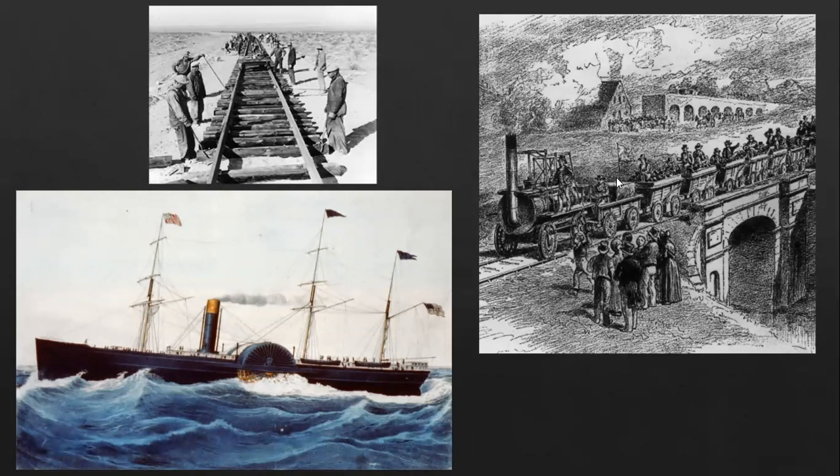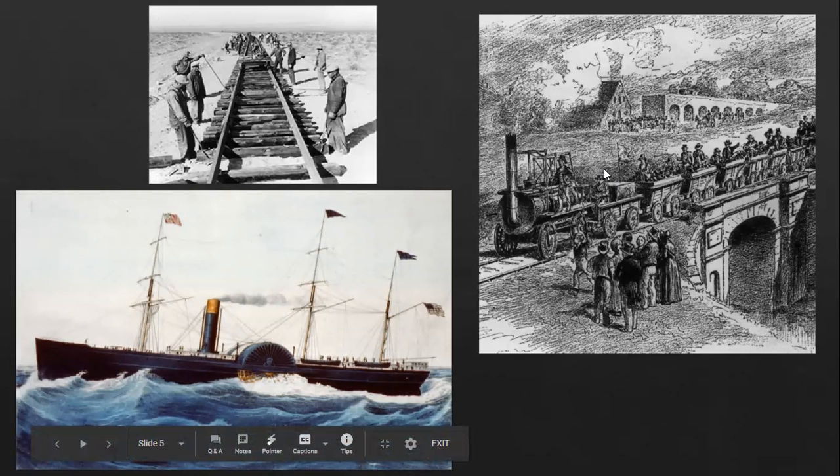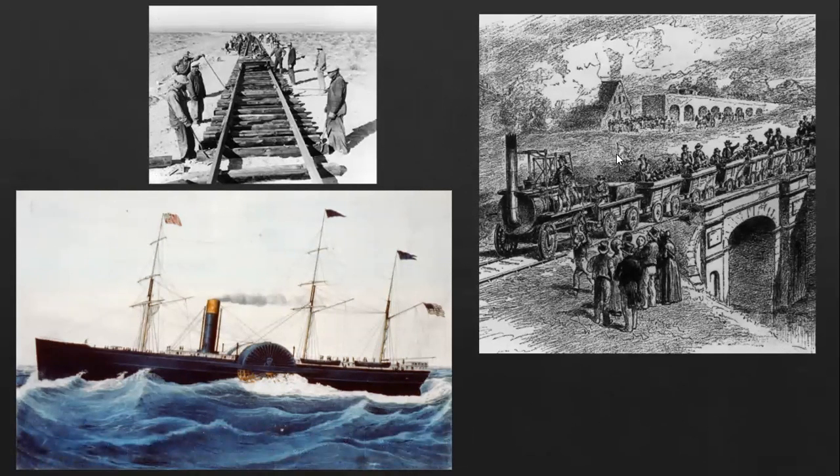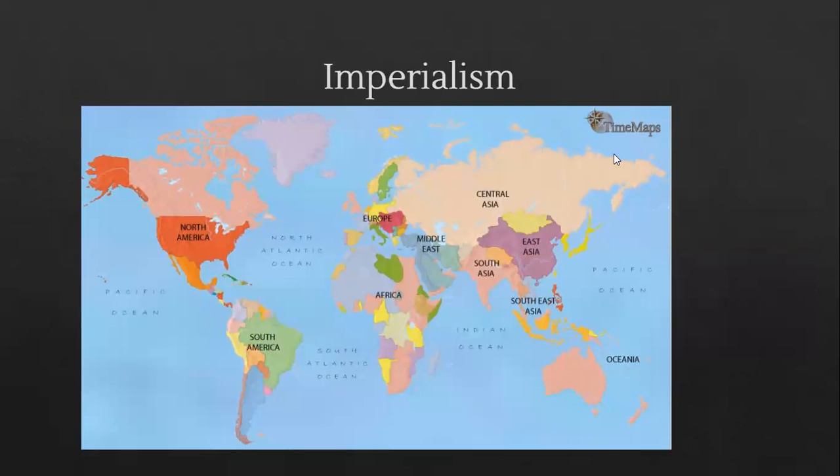Before, you had to either use animal power or wind power or the currents, but now you had machines that could transport a lot of things really fast over a long distance. And that industrial revolution both facilitated and necessitated imperialism, the second big factor. Imperialism is where you have a strong country, right? Like Britain or Japan or France or Italy, expanding and colonizing other parts of the world.